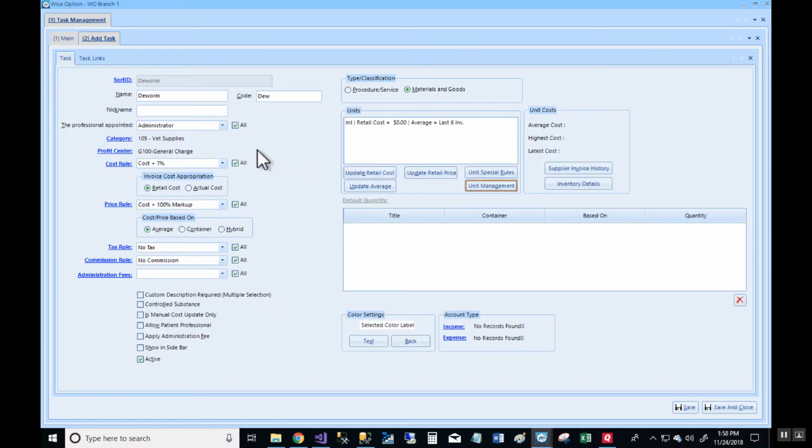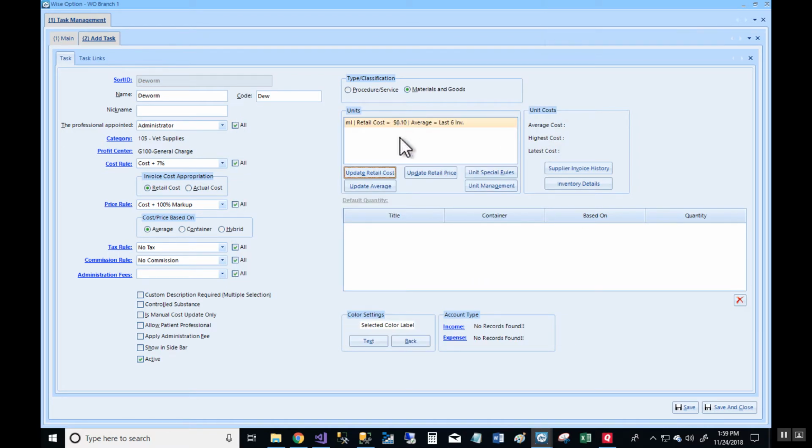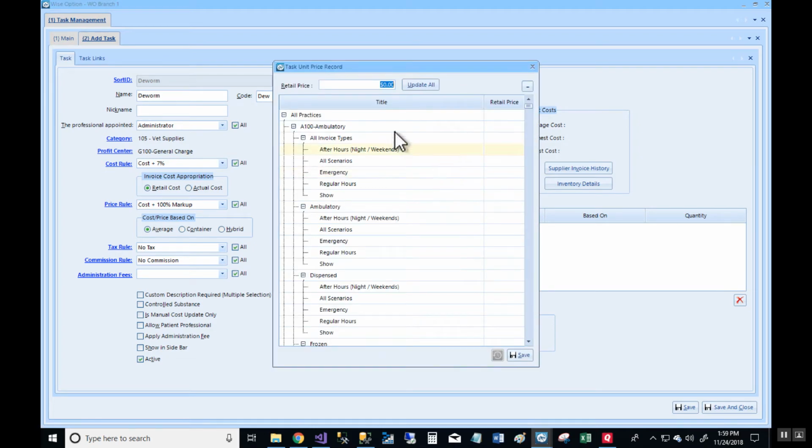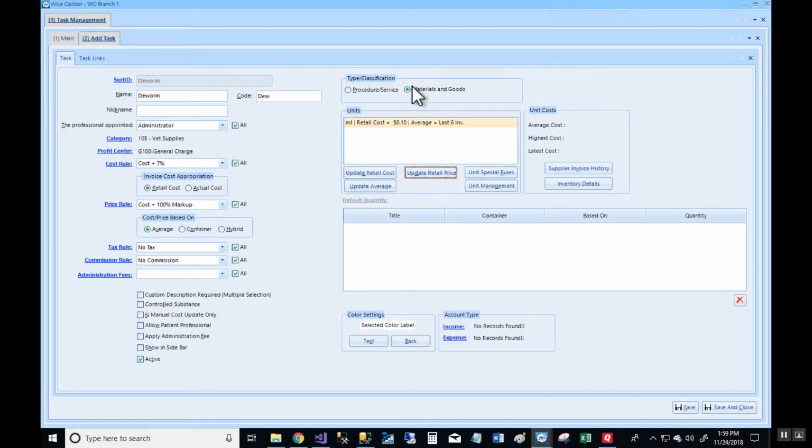At this point, if you do not have the advanced features, you can manually set the cost. I'm going to set the cost for this one here as 10 cents per milliliter. Update them all. So now my cost is updated. And this is the time also that I can update my retail price. I'm going to here manually put $2. I'm forcing this, update to all of them. So now $2 is set